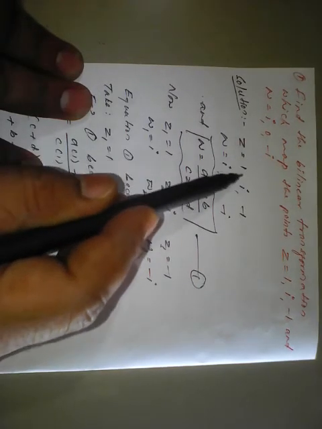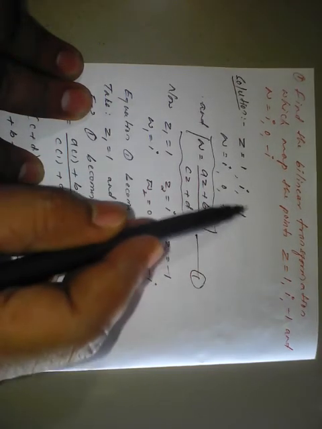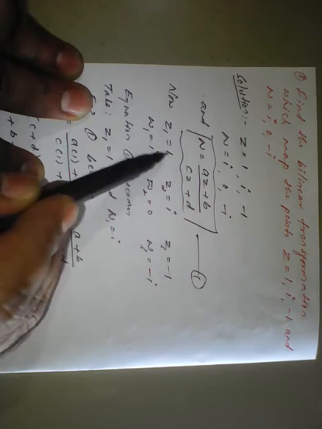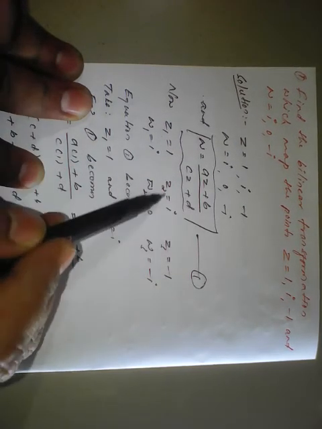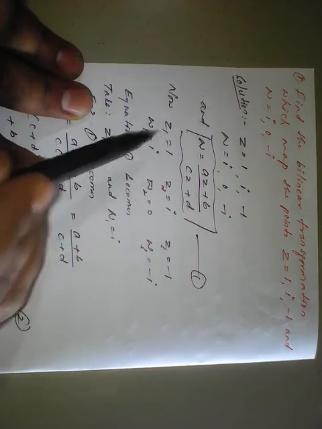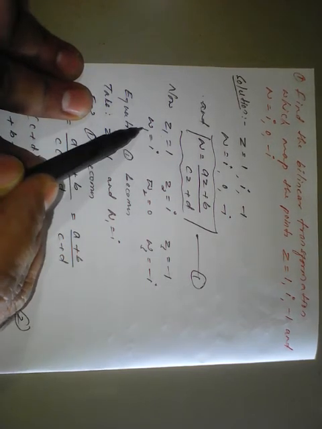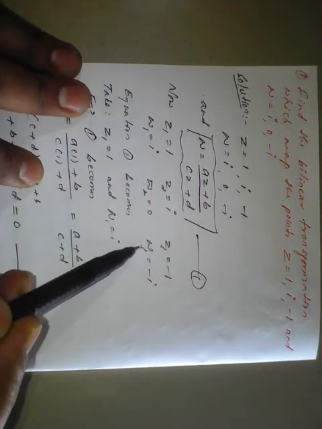Now the first value we consider as z1, the second value as z2, and the third value as z3. That is 1, i and -1, what they have given. So we have taken z1, z2, z3. Similarly we have to take the w's also: w1 is i, w2 is 0 and w3 is -i. We have to take these values one by one. When you take the z1 value we take w1, when you take z2 we take w2 only, and when you take z3 we take w3.